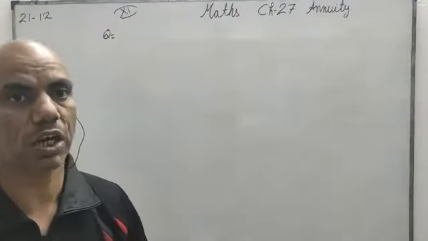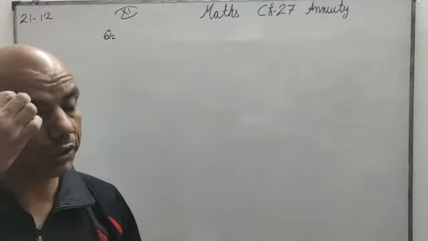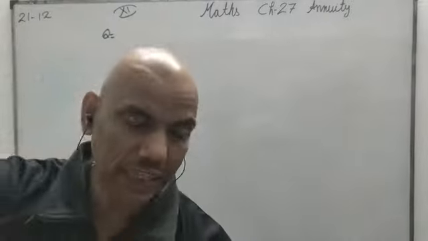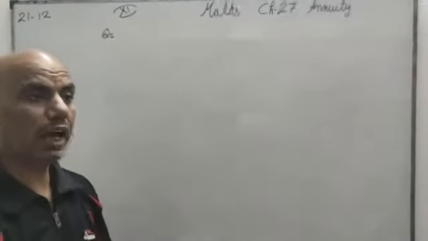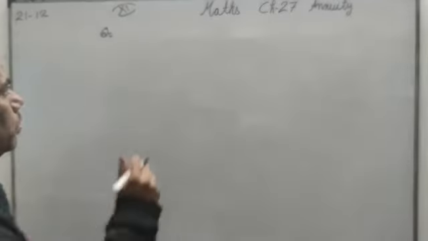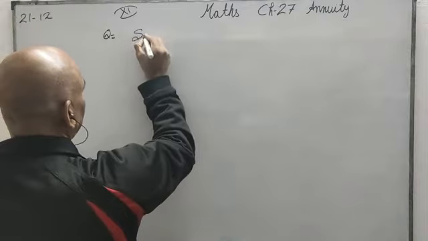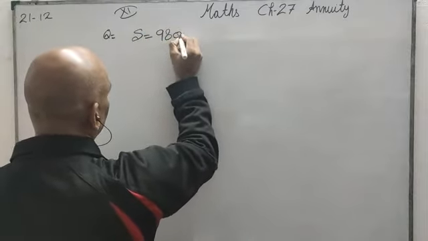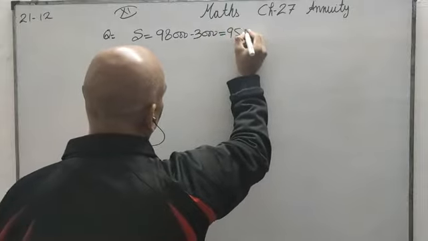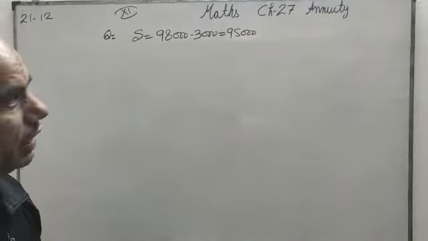once this machine is out of order, once this machine is depreciated for 3,000 rupees, he will have a sufficient amount of money. At the end of 12 years he will have 3,000 rupees. So out of 98,000, 3,000 will be used. So his S will be 98,000 minus 3,000, that is 95,000. He wants 95,000 at that time, because 3,000 he will get by selling that machine.